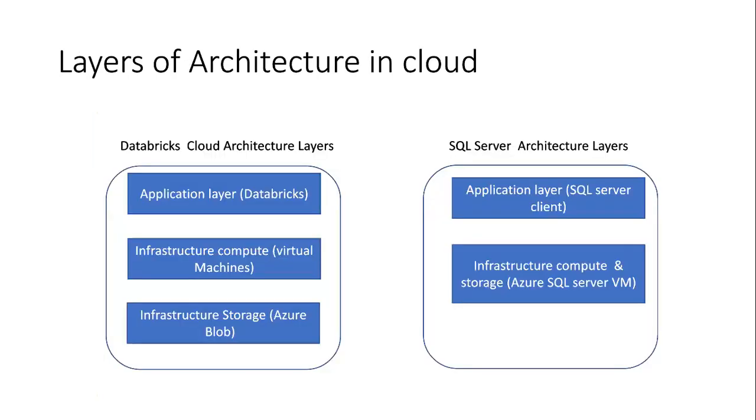I am going to the next slide. Somebody asked me how Azure will play into this process. This is the layer of architecture I was providing in this slide. You have something called infrastructure here, which is about storage and compute. When you talk about a laptop, you talk about the hard disk capacity and RAM capacity, like 8 GB RAM or 250 GB hard drive. Servers also talk about RAM and storage.